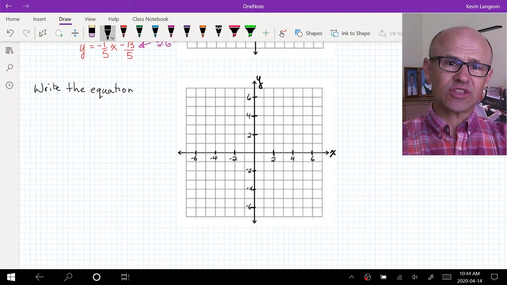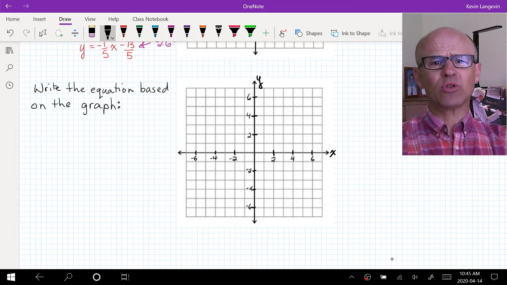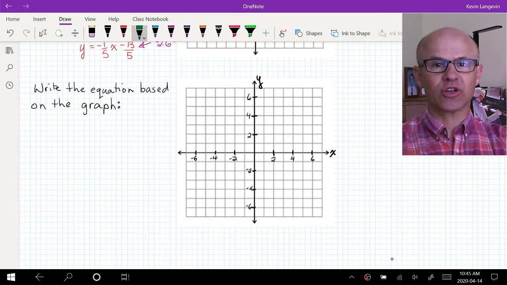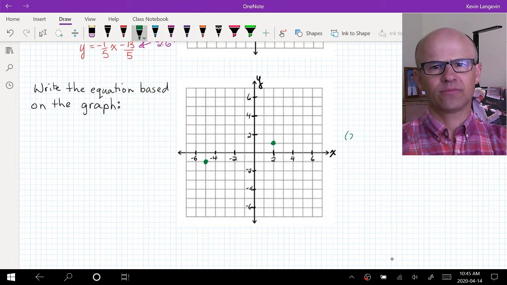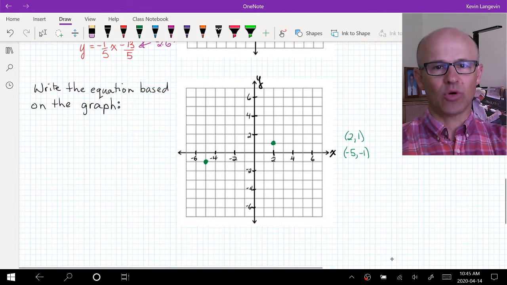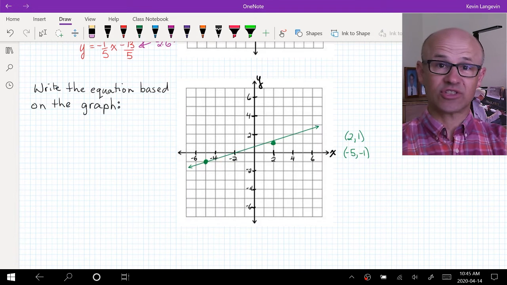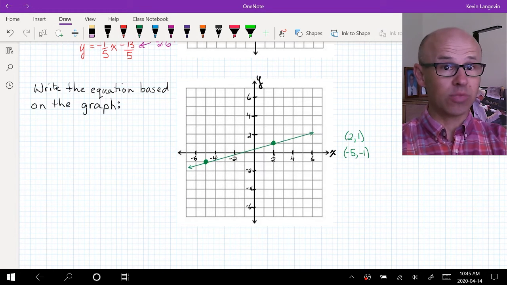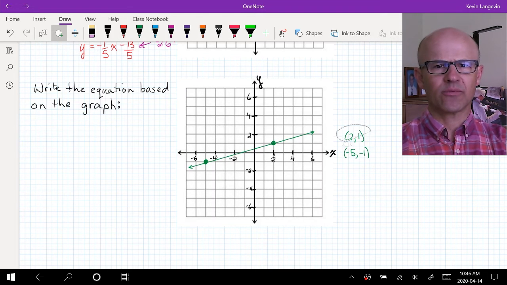We can also use this to write the equation based on the graph. So suppose I have a line where I know for sure it goes through 2 comma 1 and negative 5 comma negative 1. I could use either of these points to write the equation with. The first thing I have to establish is, what is my slope? So if I go from one point to the other right here,